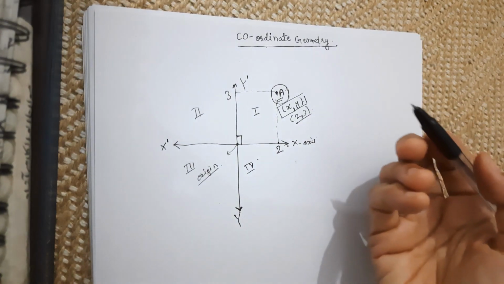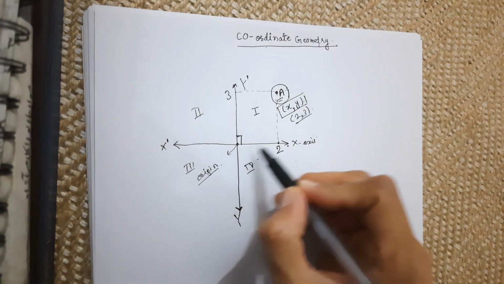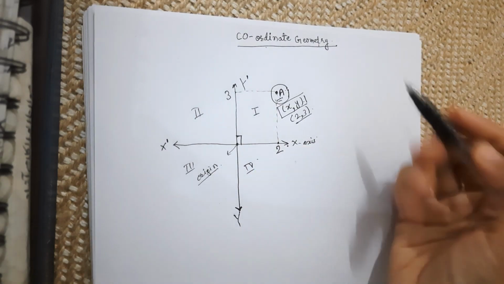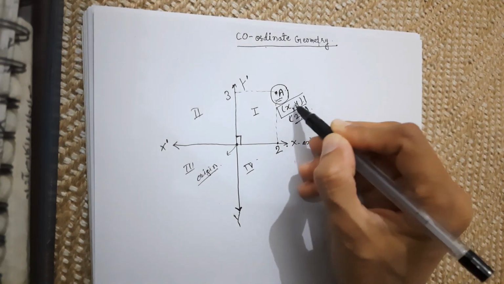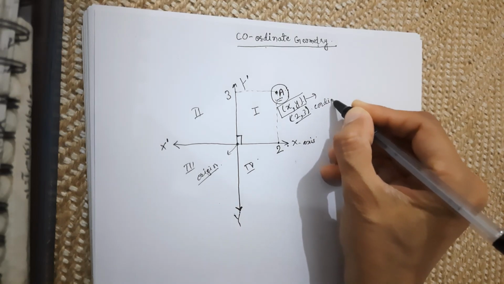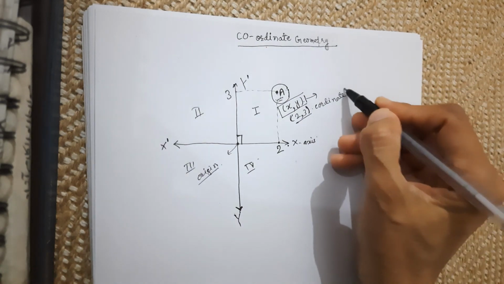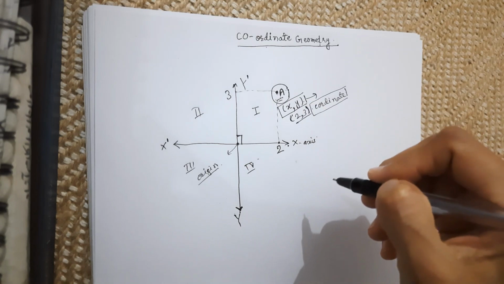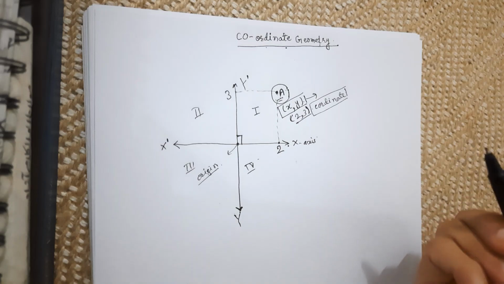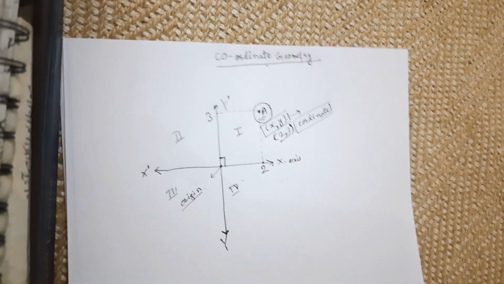If I ask you where the point A is, you will say it's at 2, 3. So I'll just go and locate it. On the x-axis it is 2 and on the y-axis it is 3. That's how we locate it. So this pair of x, y values is called a coordinate. And the geometry related to these coordinates is called coordinate geometry. Okay, so just remember, you people know these things already, so we are not investing much time into this.